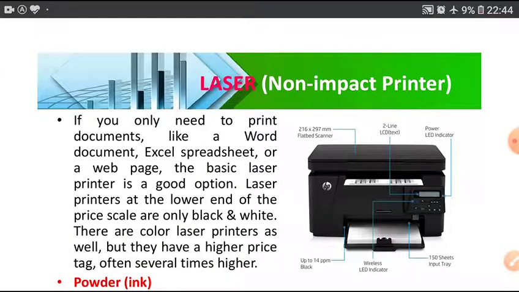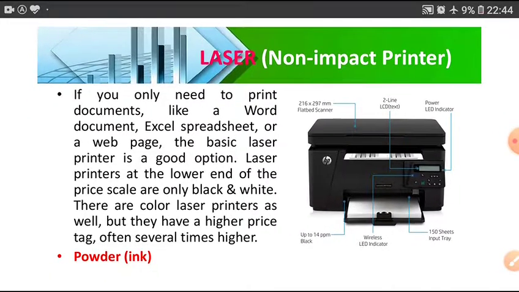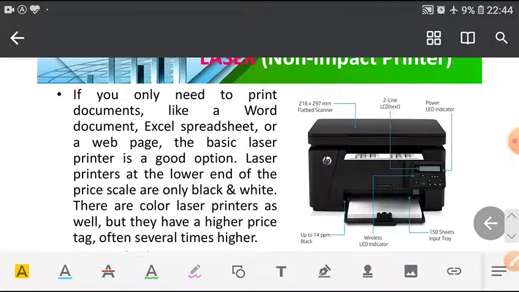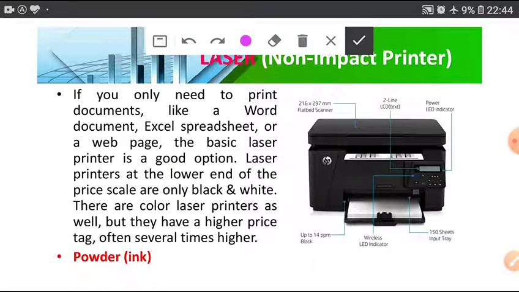Laser printer. If you only need to print document like a Word document, Excel spreadsheet or web page, the basic laser printer is good option. Laser printer at the lower end of the price scale are only black and white. There are color laser printer as well, but they have a higher price tag, often several times higher.